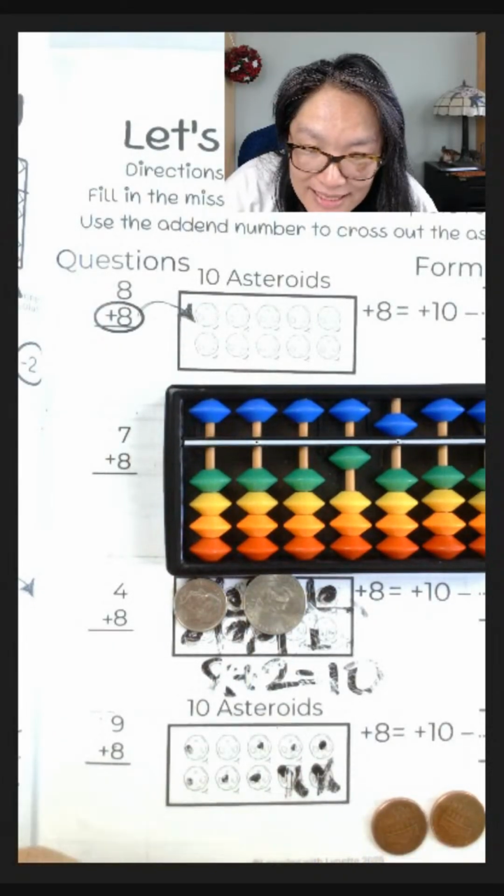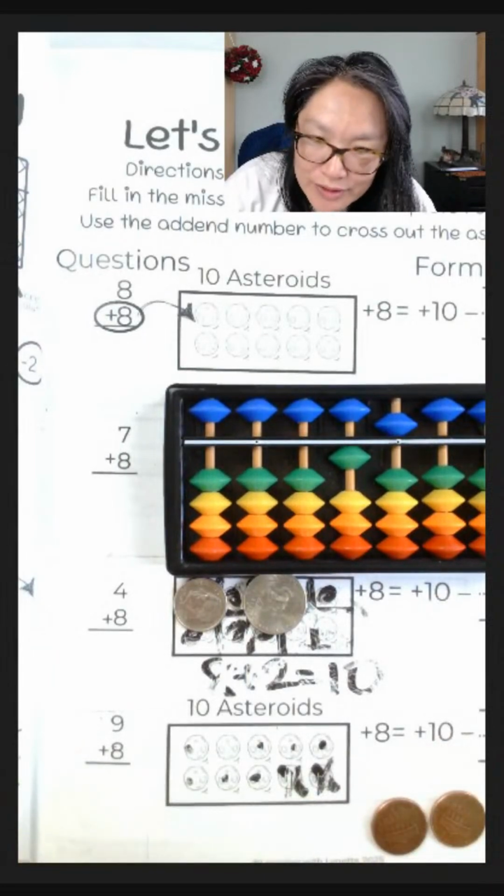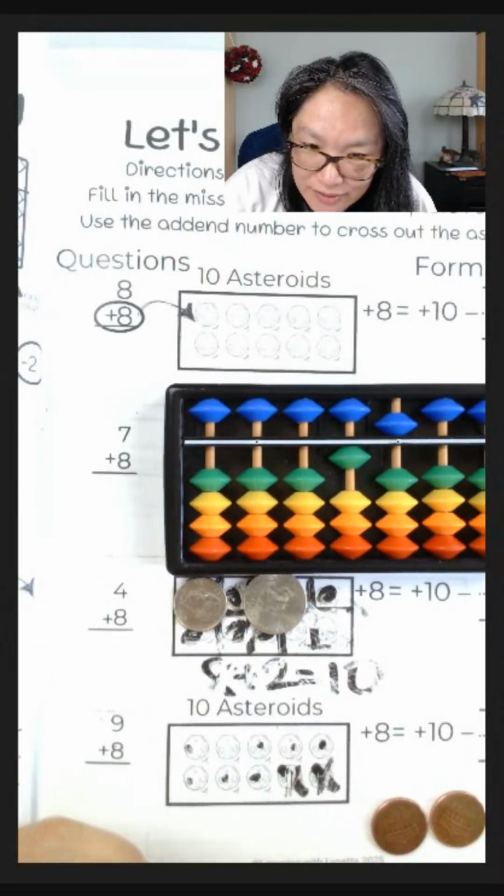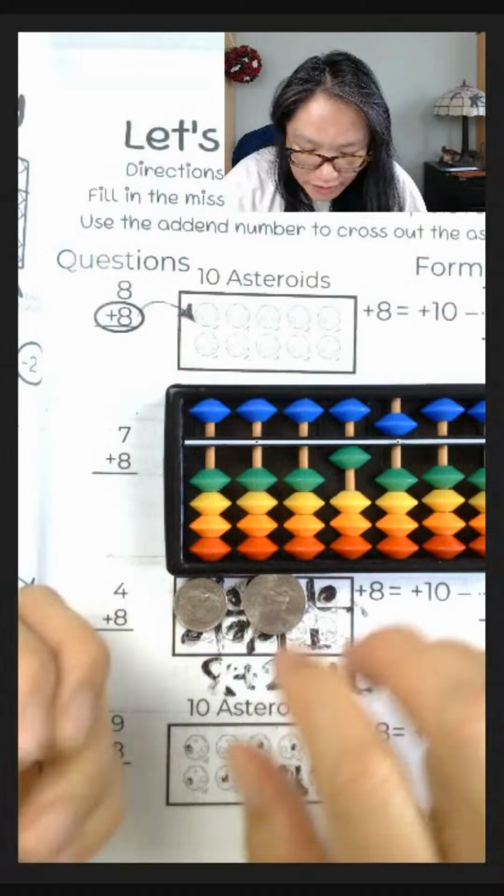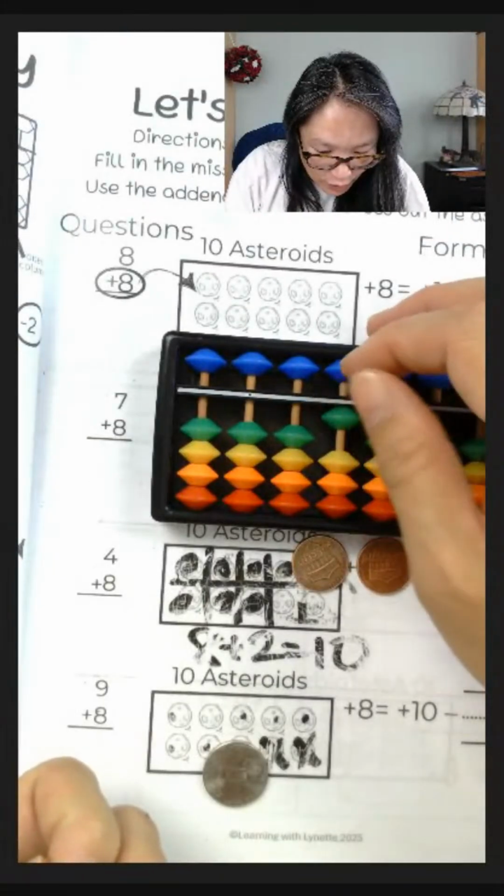Yeah, see, it's the same concept, but now we're doing it with different partners, different pairs. We can do it again. Let's do it with 4. If I have 4 on my abacus,